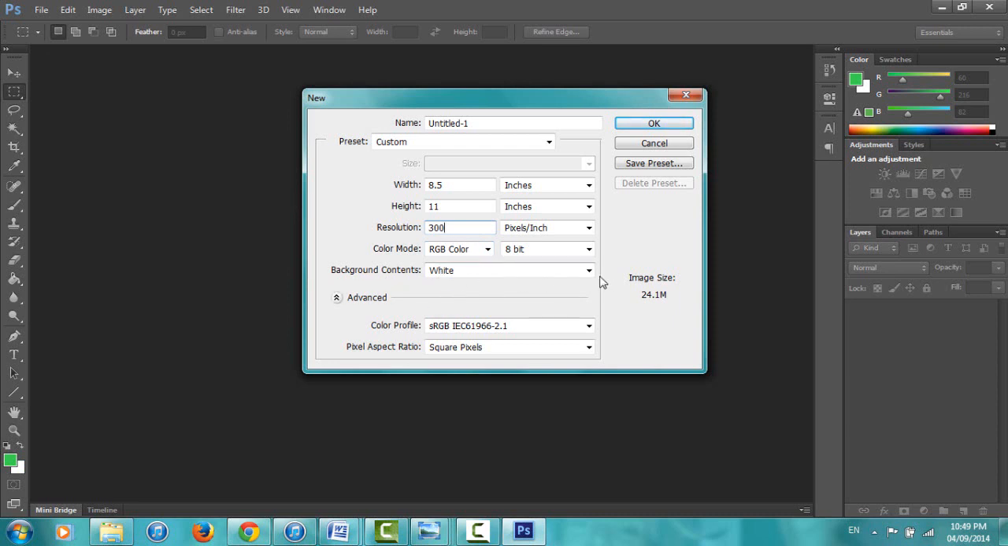I'm fine with my background content being white. You can also make it transparent. This is where you can choose that. And our color mode, when we're working on a screen, it's good to be RGB color. When we go to print it, it's often a good idea to switch it to CMYK, since CMYK is what our printers use. But I'm going to be working in RGB color because RGB is good for on-screen display. And everything looks good. Okay,